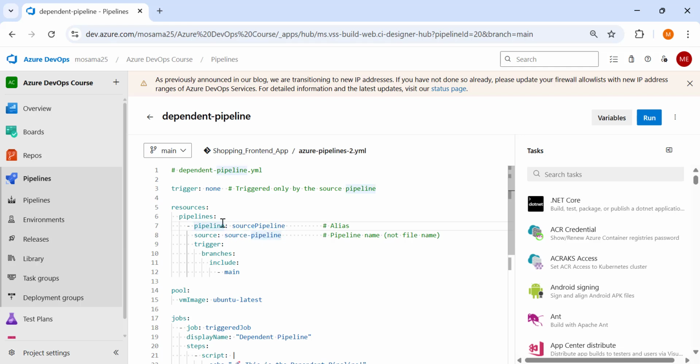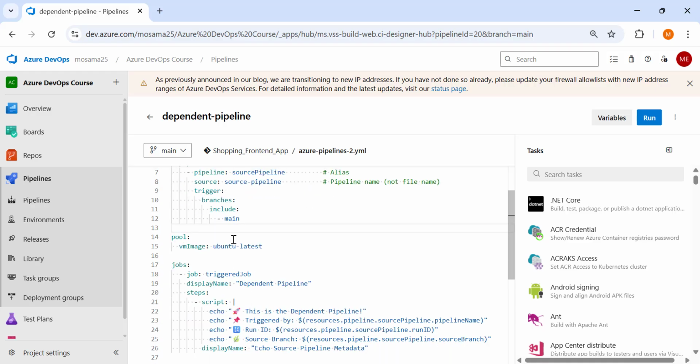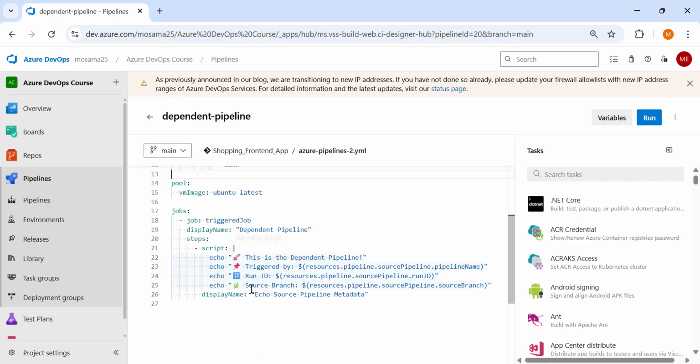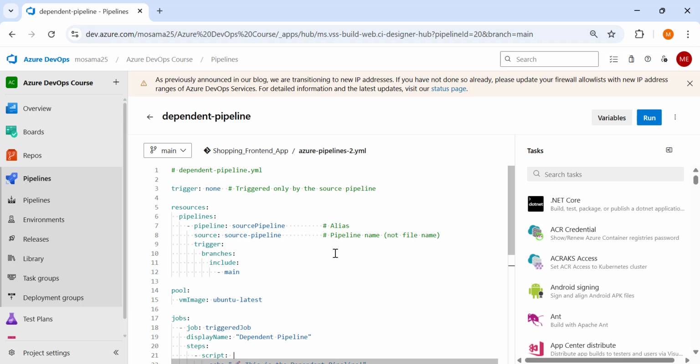And to make our dependent pipeline be triggered when this pipeline finishes, we write the trigger key and write the branches and the include for the trigger. So that's about the pipeline resource and the pipeline trigger. You can also use some metadata from the source pipeline, like the pipeline name, the source pipeline run ID, and the source pipeline branch. So you can use metadata from your pipeline resource.